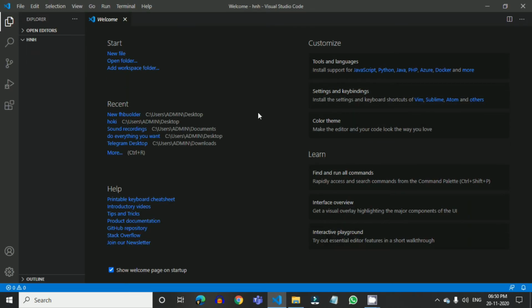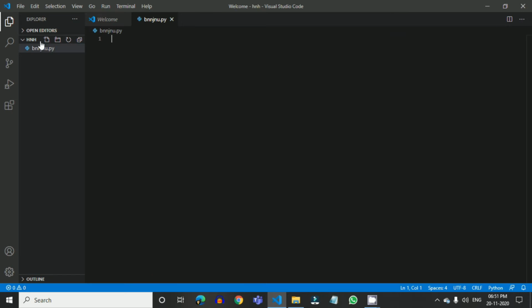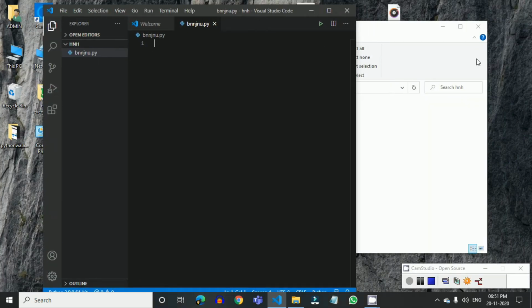After you select this, you just have to go right here, and click on this icon, which is the new file icon, and then you can name your file. Like I'm naming it anything. There are some rules which you need to follow for naming. You can't add spaces between the words. And then, what is the extension? The extension is .py. So a Python file needs the extension .py. Keep that in mind while you're naming your file, and then the file is successfully created in Visual Studio Code. Congratulations for it.